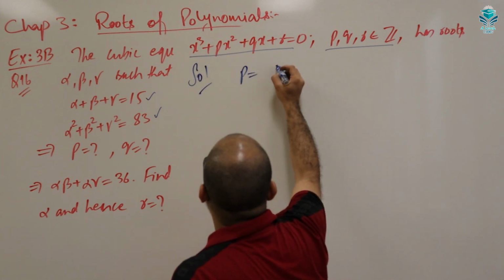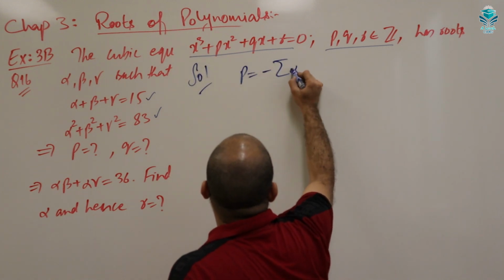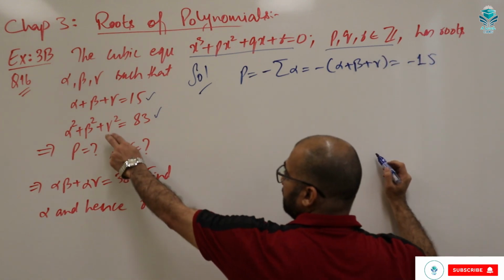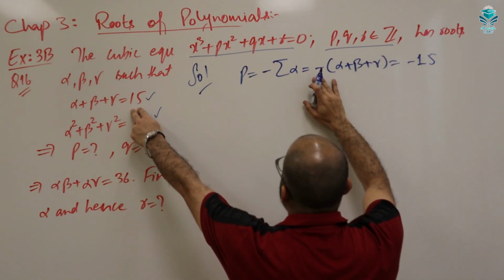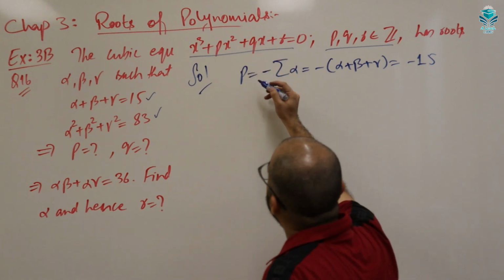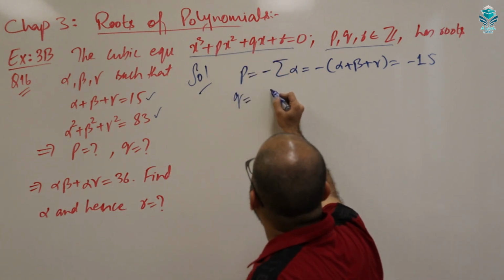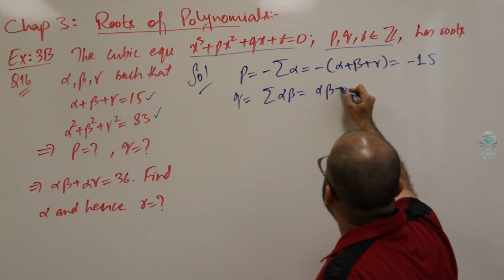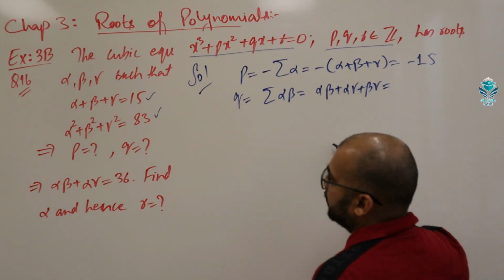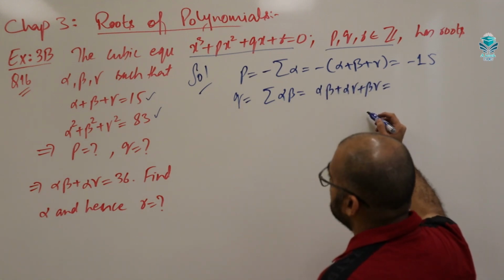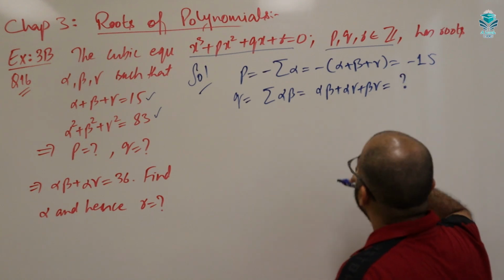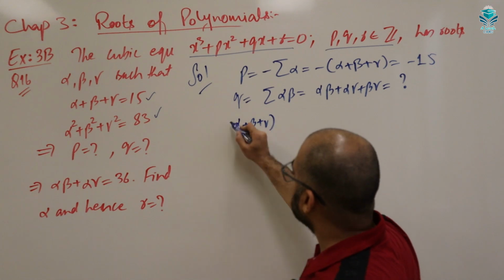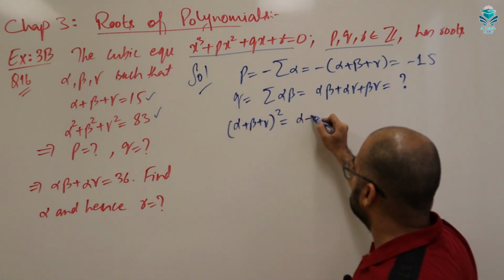Since p is defined as the negative of the sum of the roots, and alpha plus beta plus gamma is 15, p is minus 15. For q, it is written as the sum of the products of two roots. Okay, and that is what we have to find. So students, we know that